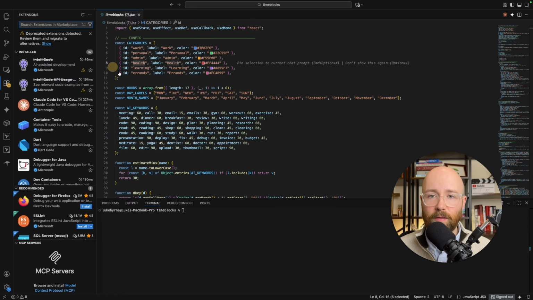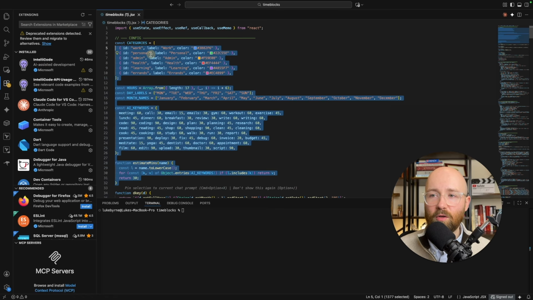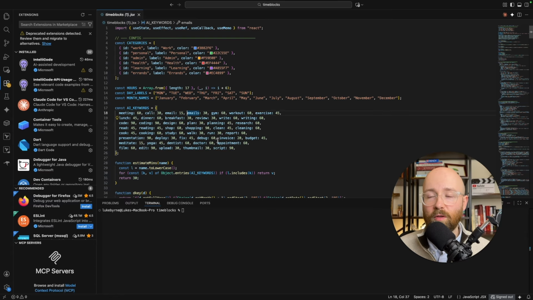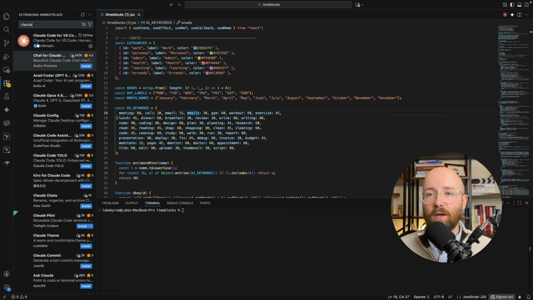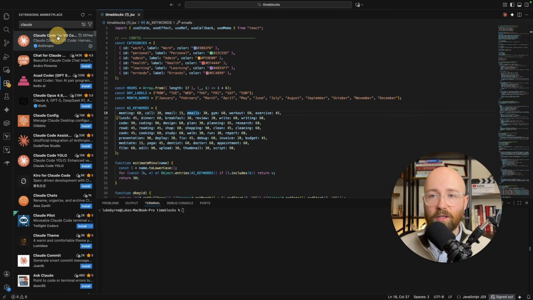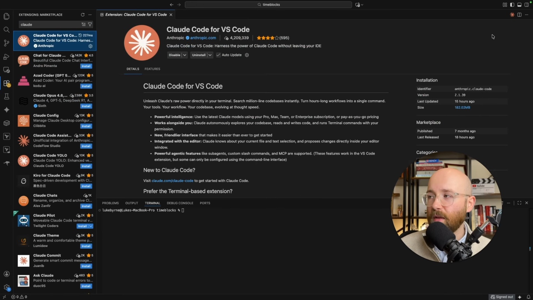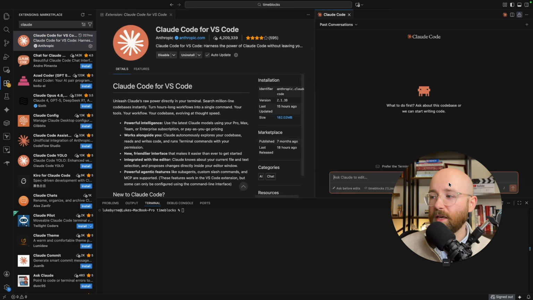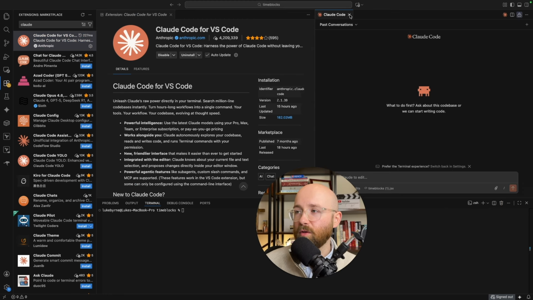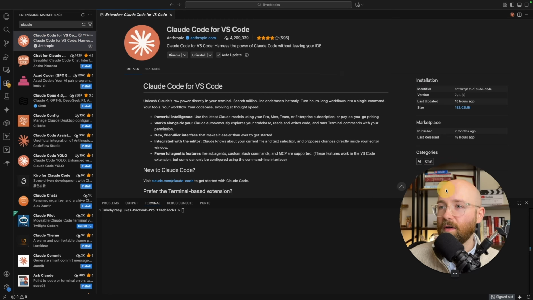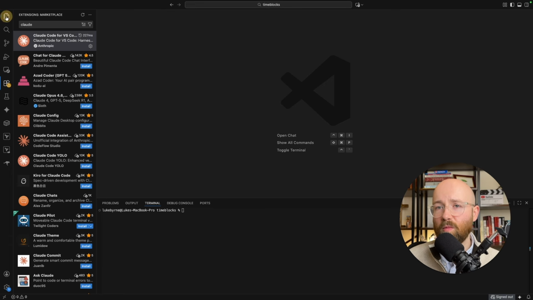Now extensions can be things that make these go different colors, for example, depending on the coding language that it uses. Or it can be stuff like, if we write Claude, you can see we can download Claude Code for VS Code directly in here. And that's how you can get the chat agent at the side like this. But we don't want that agent. Instead, what we're going to do, and we can shut that down again, we'll go back up to here, is